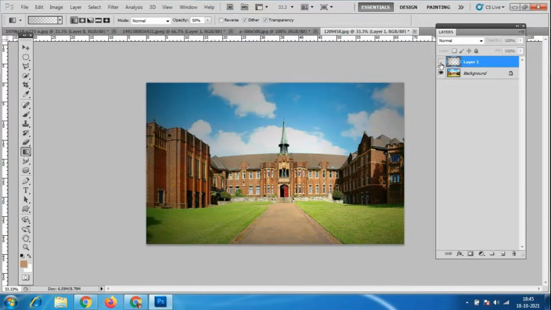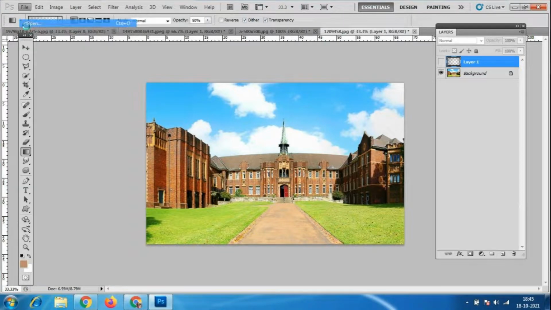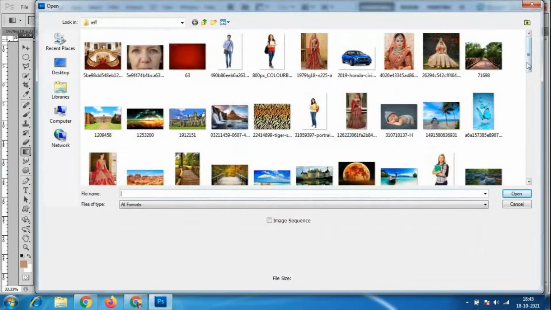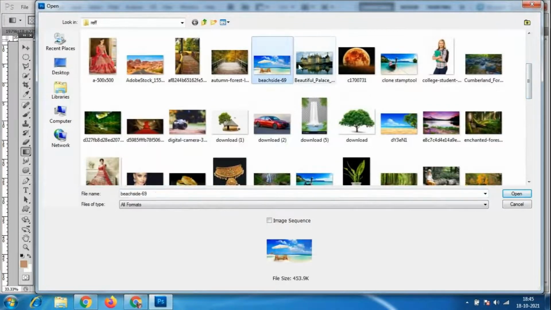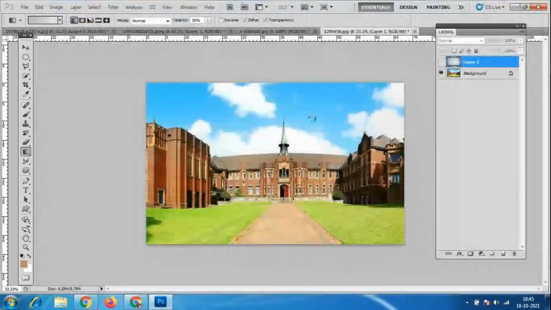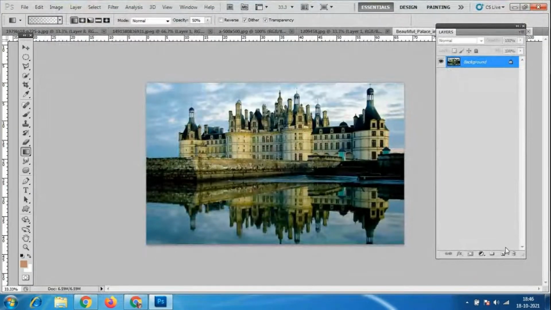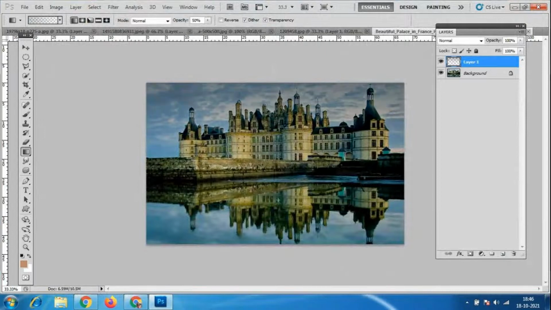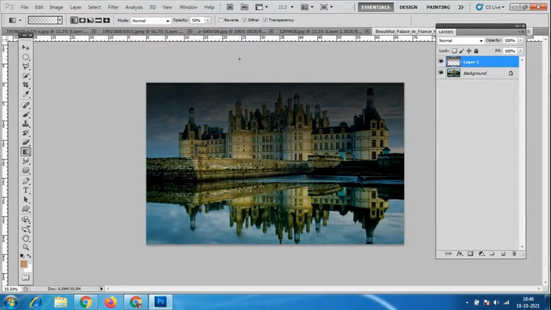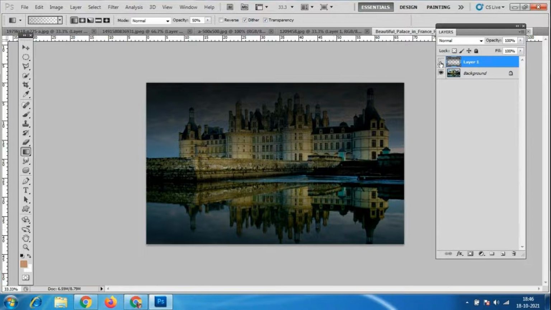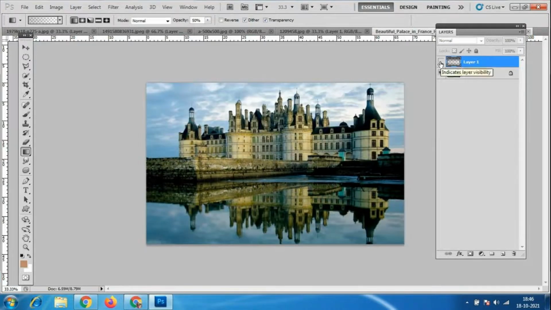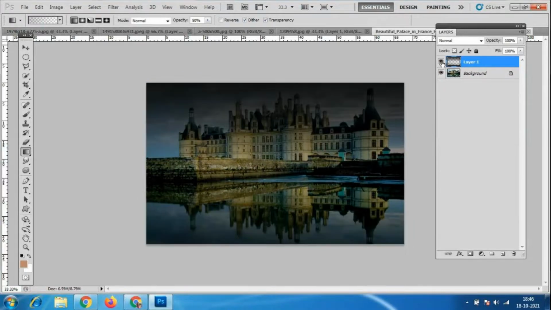Okay, is that clear, everybody? You can take different images and experiment with that. Okay, so we have different images over here. You have to select like this. Say you want to make this image completely cloudy. Like this, as much as you want, you can make it. Any image which is overly bright, you can make dark also. So the image was very bright like this, now it is dark like this.